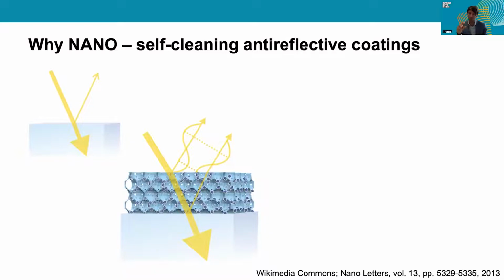So they will have a thin coating on top of your glass, which basically is designed in such a way that light reflected on the top of that coating and light reflected on the bottom of the coating is being cancelled out. And as a result, the light is able to penetrate fully into your substrate. Now, there are certain equations that help you to design such a coating. So you would then know, for example, what the refractive index, which is a material property, needs to be for this coating, and also what the thickness of your coating needs to be in order to get this kind of cancellation.